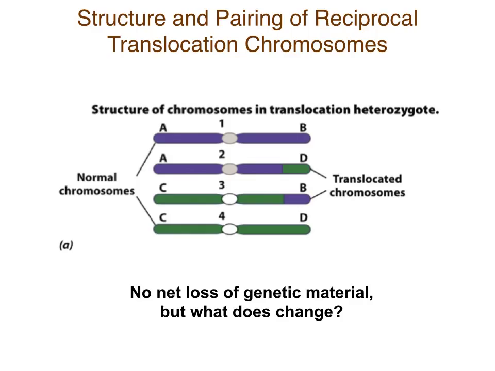Okay, so here, structure and pairing of reciprocal translocation chromosomes, and so here we have, let's just say, we're going to pretend it's a Drosophila. This maybe is chromosome 1, chromosome 2. You have a chunk of this from this sister chromatid, detaches and attaches here. You have a chunk of this non-homologous chromosome that detaches and then reattaches here. And so now, on one of your chromosomes, the majority of it is from chromosome 1. I'm looking at this second one down here. And then a little bit of it is from chromosome 2. And so you have no net loss, so that's a reciprocal translocation.